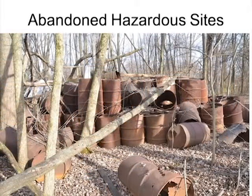Sometimes issues nearby could be issues in the forest or an old area. For example, here's where you don't even know what was out here. These empty barrels are out in the forest. And then there could be other ones too, like if, let's say you had an apple orchard and the apple orchard's gone, but what about the pesticides in the ground? And so you always want to look at where you're buying a home, building a home, and look at